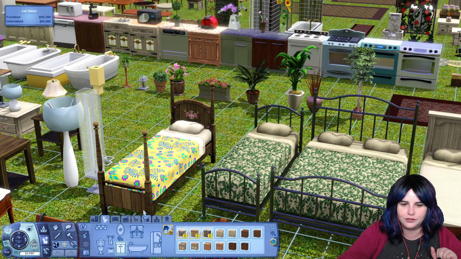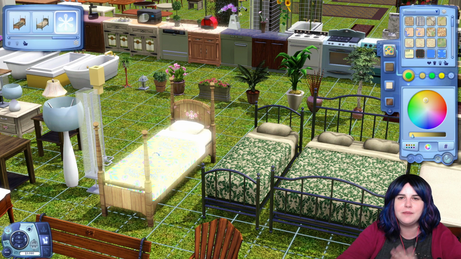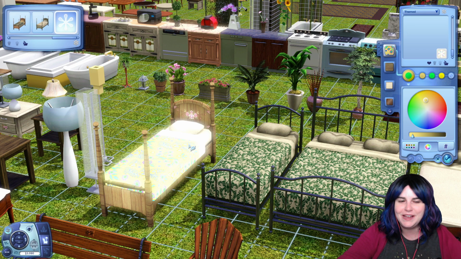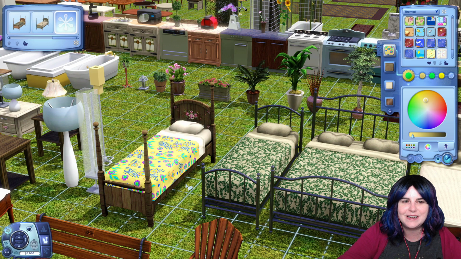And if you clicked on Create a Style and then clicked on Objects, you would have unlimited possibilities to recolor this object right in the game. You're basically creating your own recolors on the spot. If you're not familiar with The Sims 3 and you've heard people talk about the color wheel, this is it. And this is why people were so upset about losing it in The Sims 4, because it is an amazing